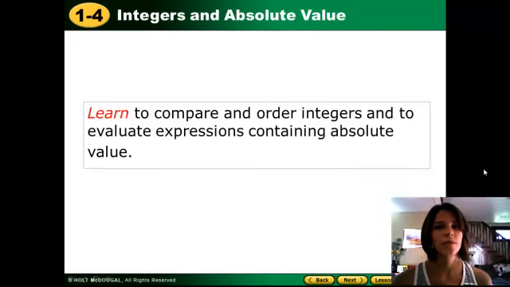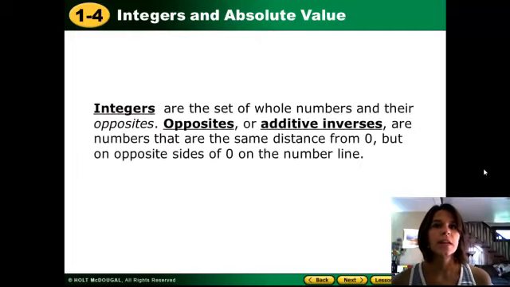Lesson 1.4 on integers and absolute values, learning to compare and order integers and to evaluate expressions containing absolute value. Integers are the set of whole numbers and their opposites, so both positives, negatives, or negatives and positives. Opposites, or additive inverses, are numbers that are the same distance from 0, but on opposite sides of 0 on